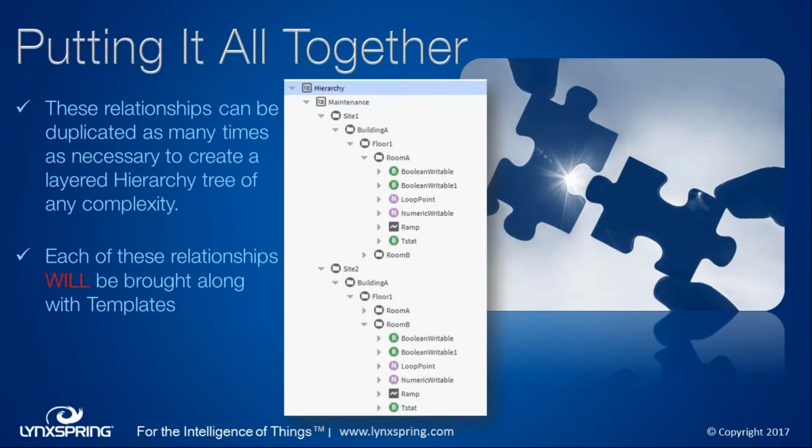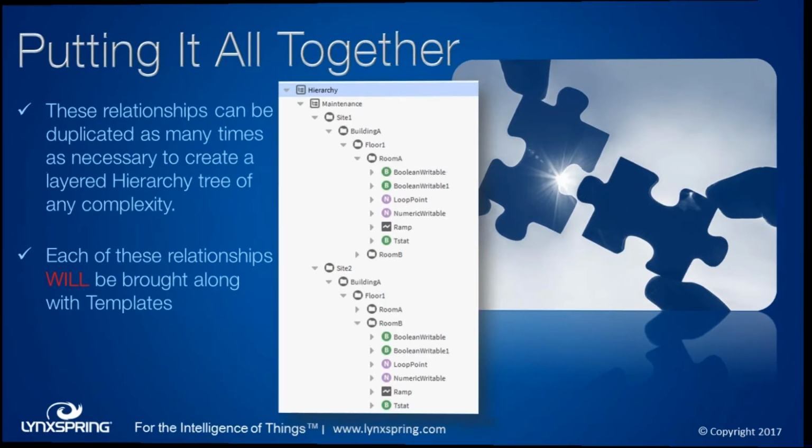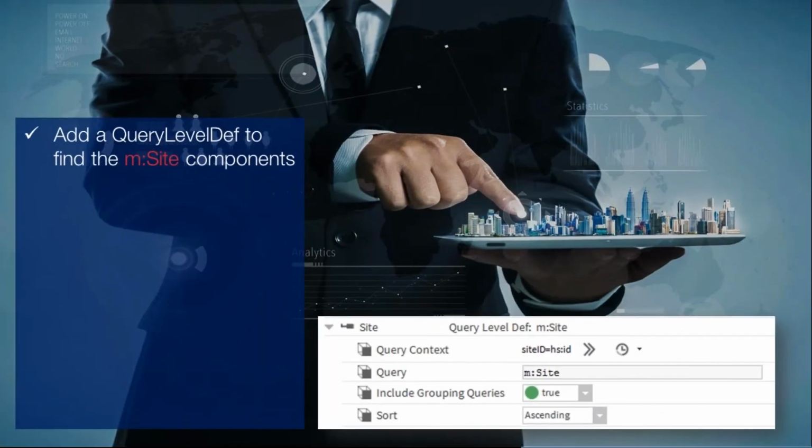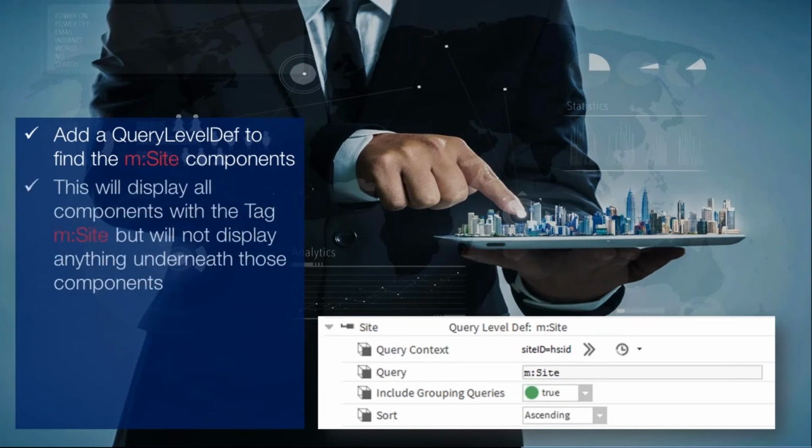One nice thing to know is after you set this up and you go through the whole system, these do come along with your template. So when you're templating out those folders or your AHUs or whatever the case may be, your tags come along, your relationships come along, and these hierarchies will come along as well to help you out with using this in the future.